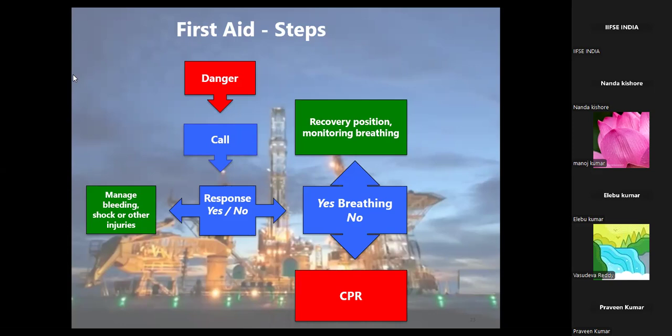So what are the first aid steps? The first thing is danger. If you can see a danger, then you give a call. Check his response. If he responds, then check for bleeding, shock or other injuries. Then check for breathing. If he is breathing, then put him in the recovery position. I'll show you what this recovery position is. Monitoring of breathing is in the slides. Then if he is not breathing, then go for CPR. See, in olden days,